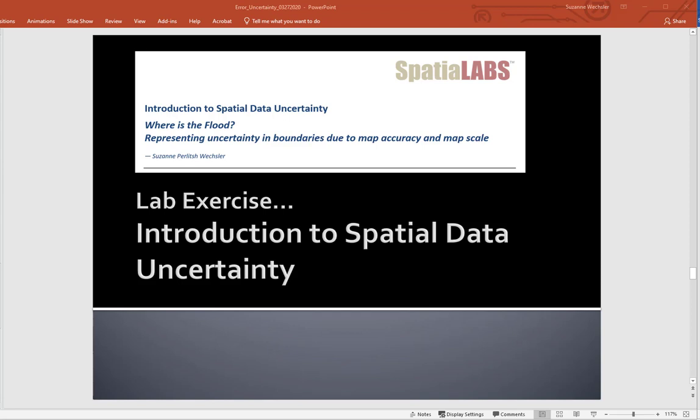So this lab was developed as part of the Spatial Labs for Esri, and is an older version of it that may be available via the Esri Academy. I've edited it a little bit, and the steps are really very accessible for the level that you're at right now